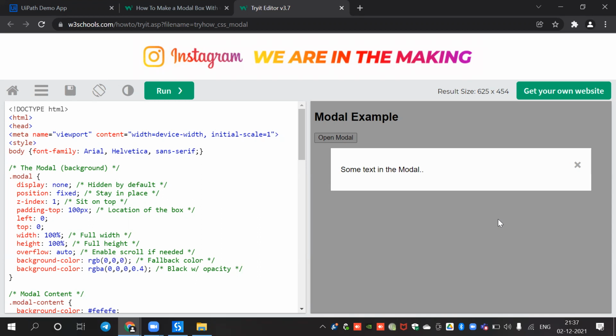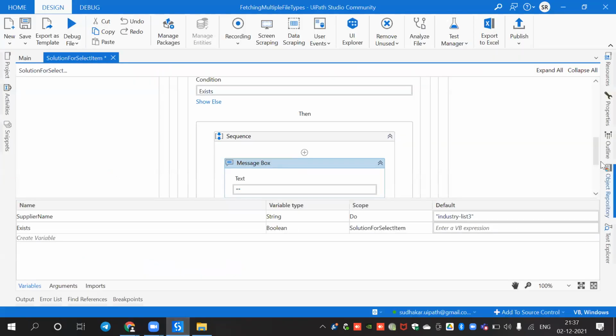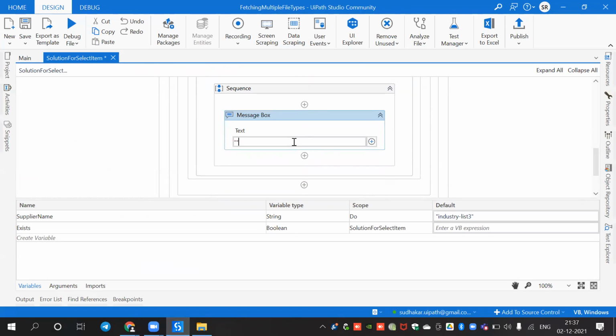So then we will take a click activity, then click on the pop-up button. We will close the pop-up window. That is how ideally we do. But here now,